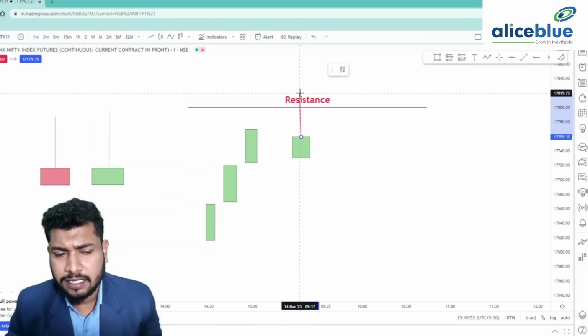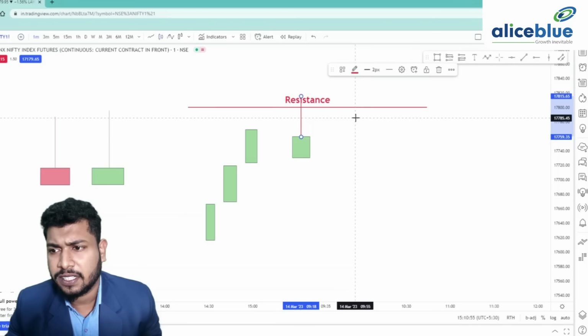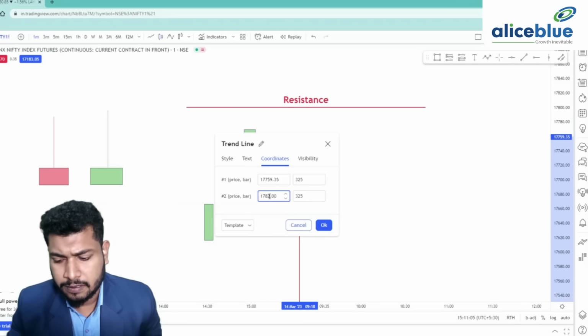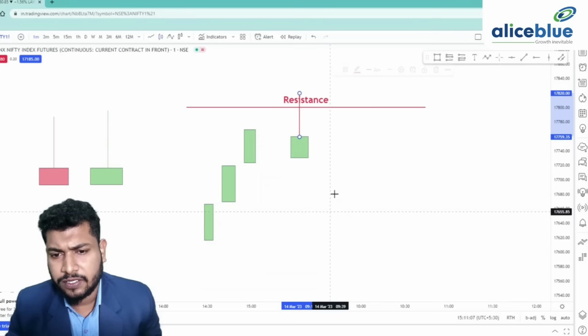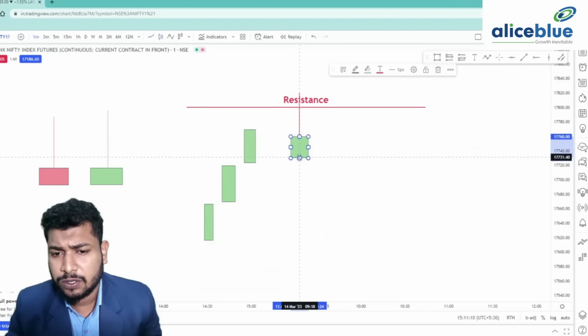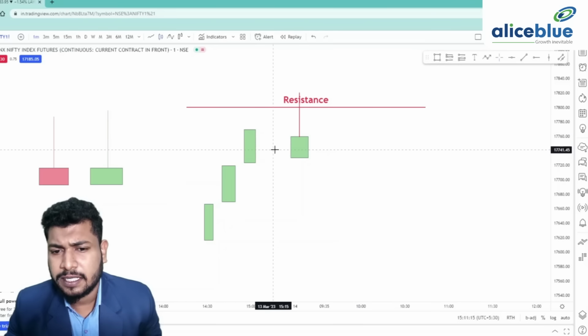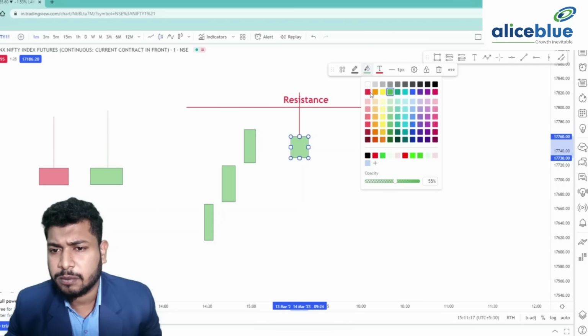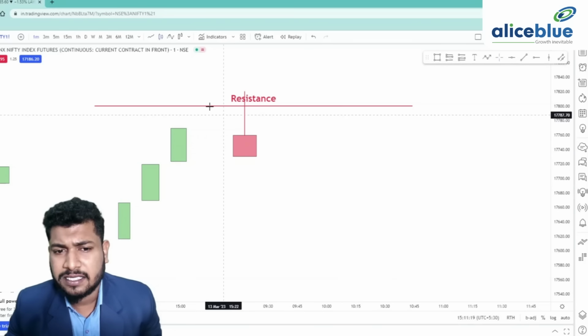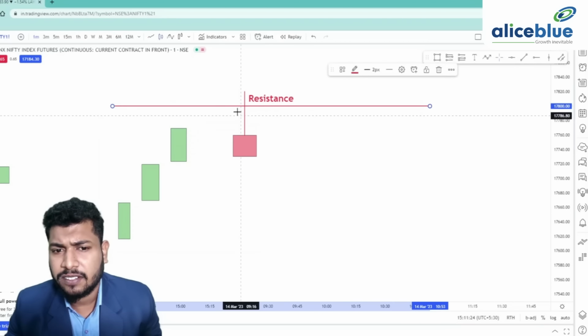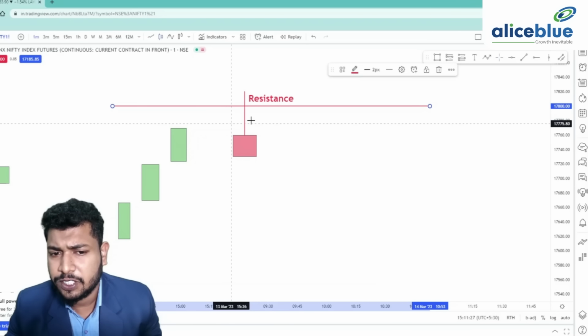After that, there is a sudden selling pressure from the 17,820 level, and again the candle closes below the opening price. It's clearly showing the price is getting rejection from the 17,800 level. That means some immediate sellers are taking the position at the 17,820 level,